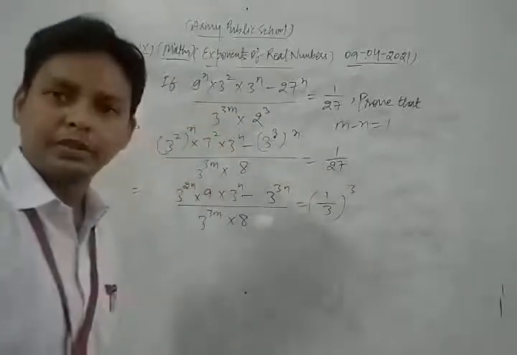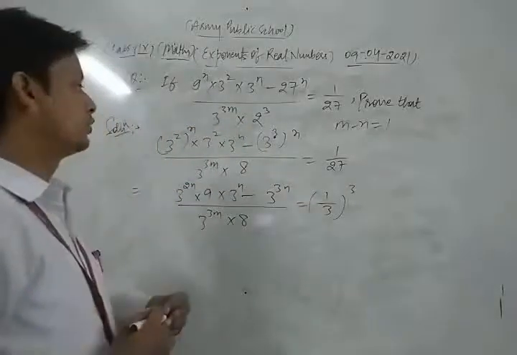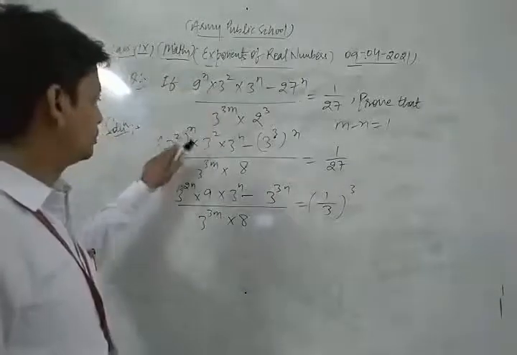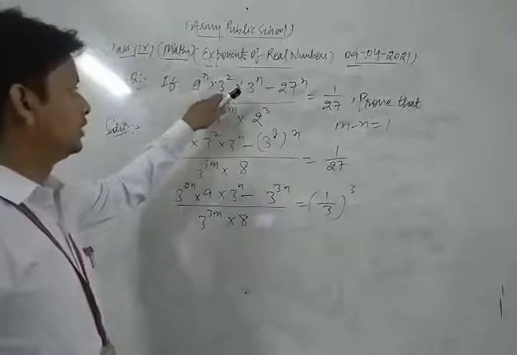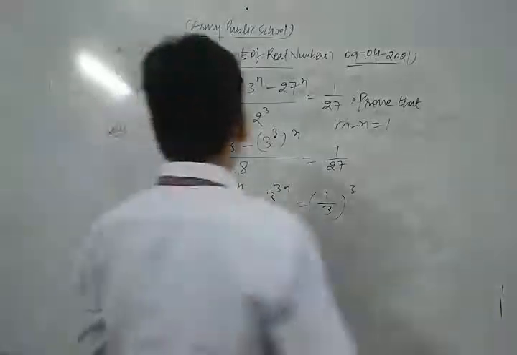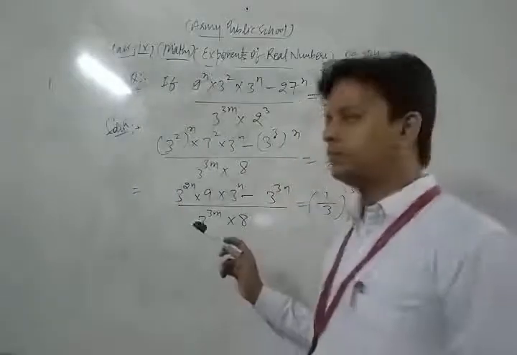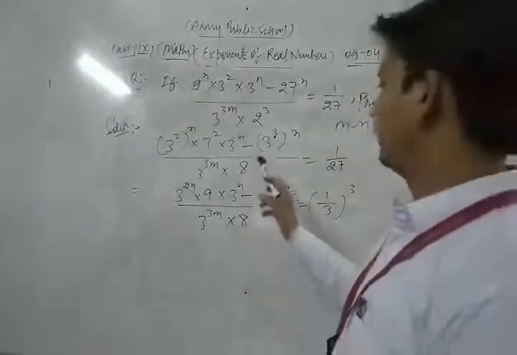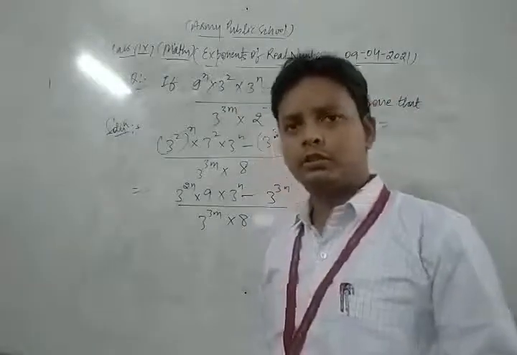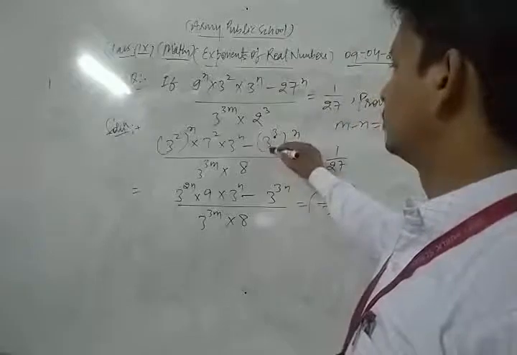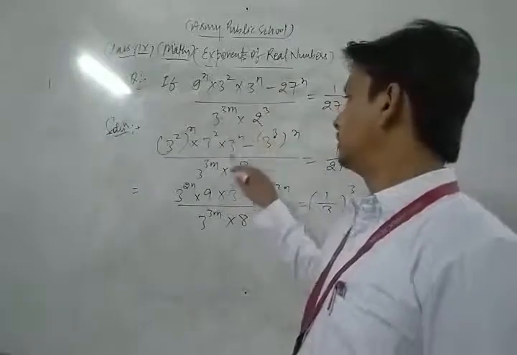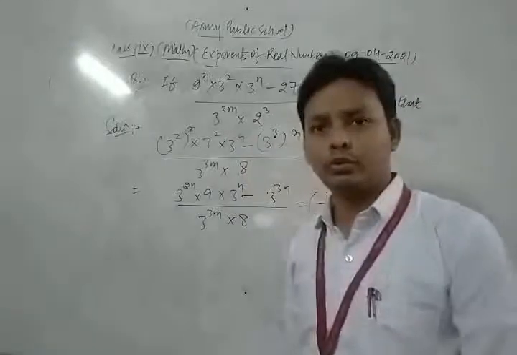We can write in this way now. Let's see once more. First of all, we write 9 as 3 squared. So 3 squared and whole power n, write as it is. 3 squared means 3 into 3, 3 3s are 9, and here 3 power n as it is. Minus here 27, write 3 into 3 into 3, 3 3s are 9, 3 9s are 27. So 3 power 3 whole power n upon 3 to the power 3m into 2 to the power 3, means 2 to the 4 to the 8, right?